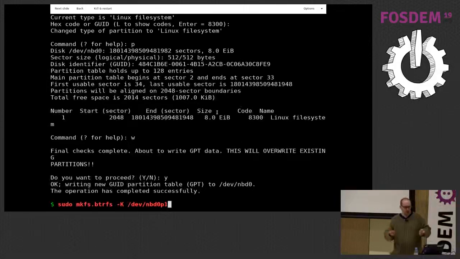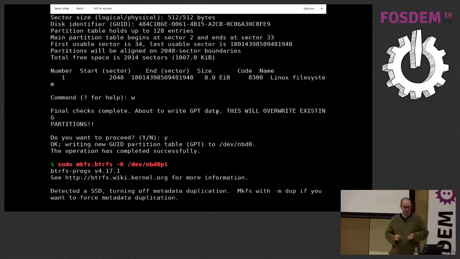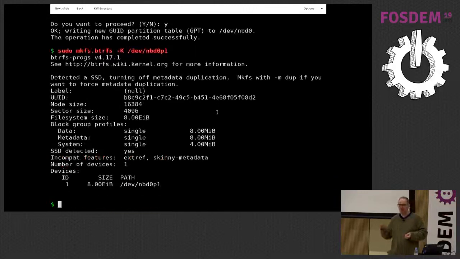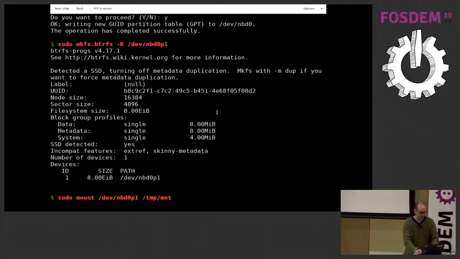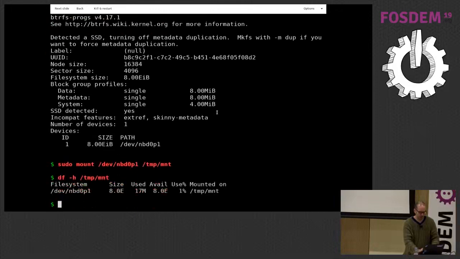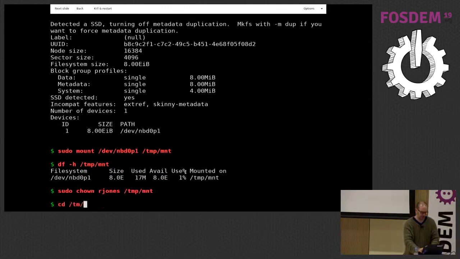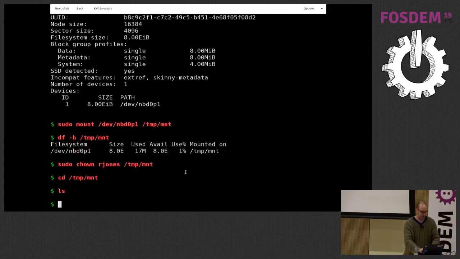So I'm going to use Btrfs, and you can just see there, Btrfs, absolute champ. It totally just creates an 8 exabyte file system, and I can mount it. And I've got 8 exabytes. I'm just going to chown this so I can just go in there and show you a bit. I mean, I played around with this, and